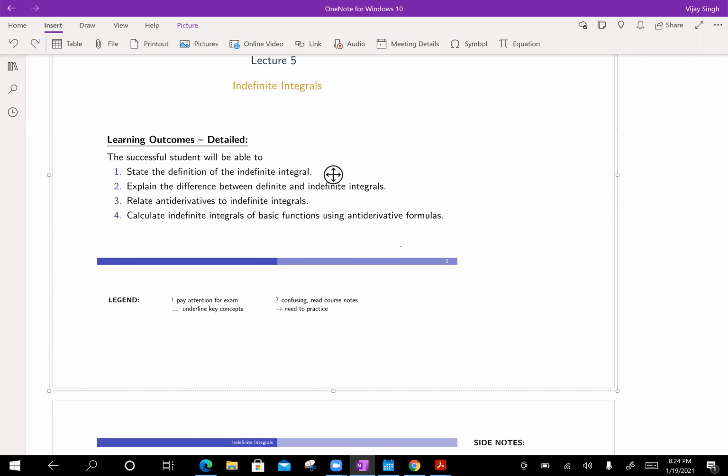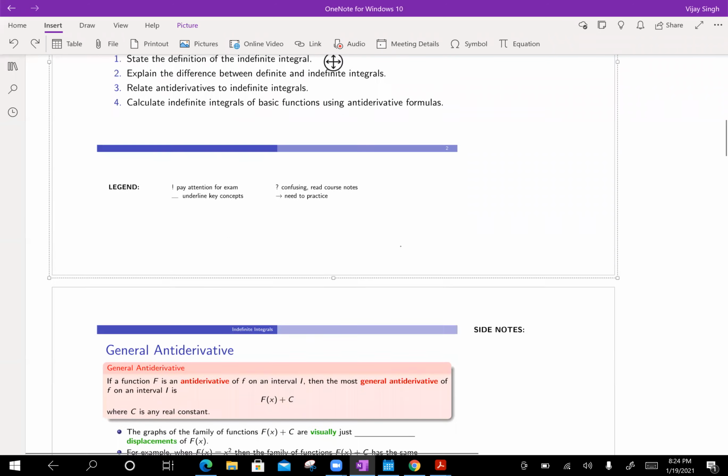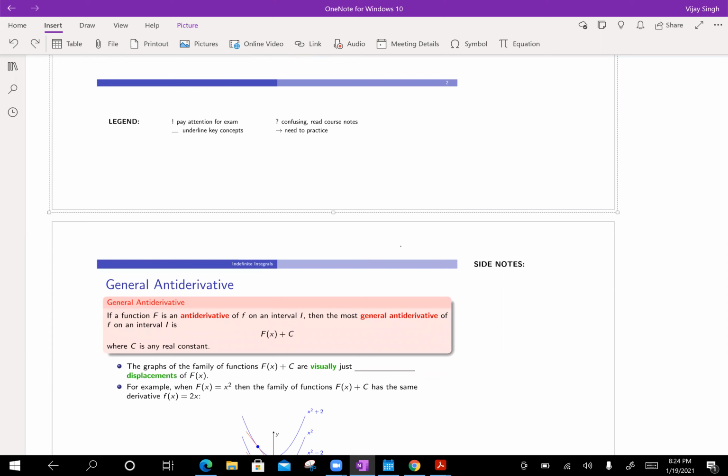Welcome. So today we want to discuss definite integrals, indefinite integrals. So what are these? Recall the fundamental theorem of calculus basically gave us the connection between the integral of f of x dx from a to b and the antiderivative, namely F of b minus F of a. This was your fundamental theorem of calculus,